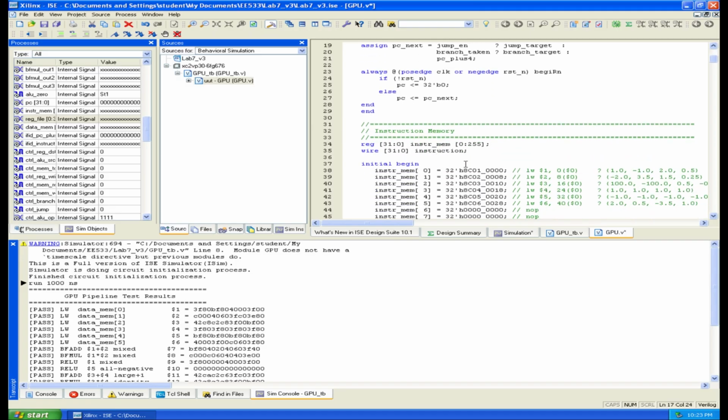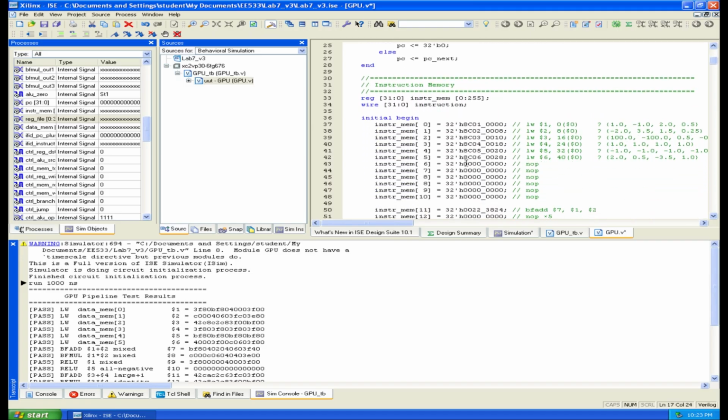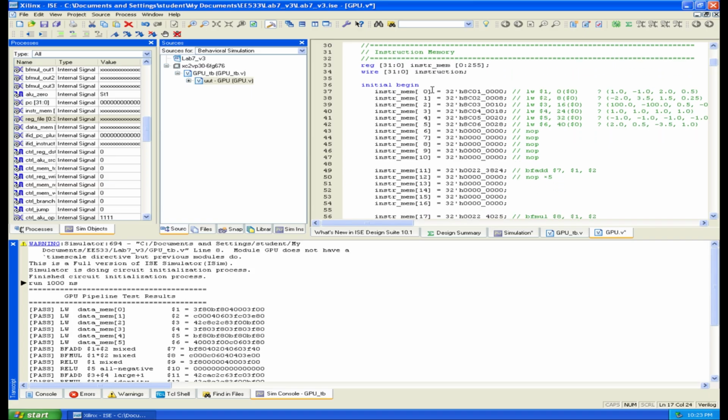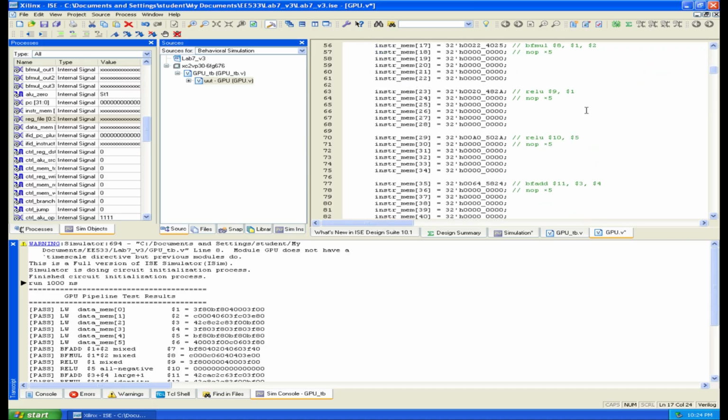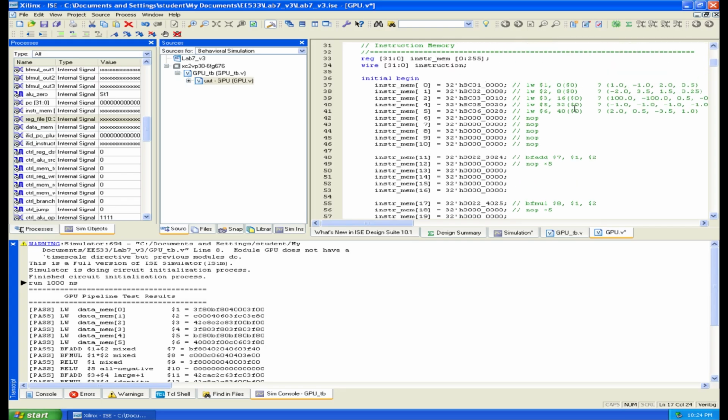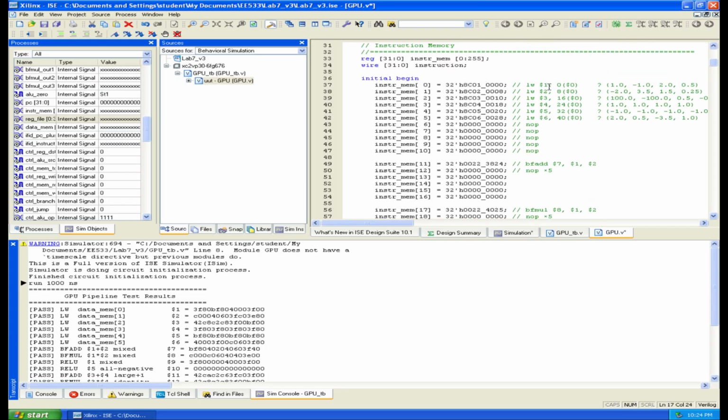And the instruction memory, we need to build some instruction in this memory. So first we store some value in here. In the data memory, and we need to use the lower instruction. And